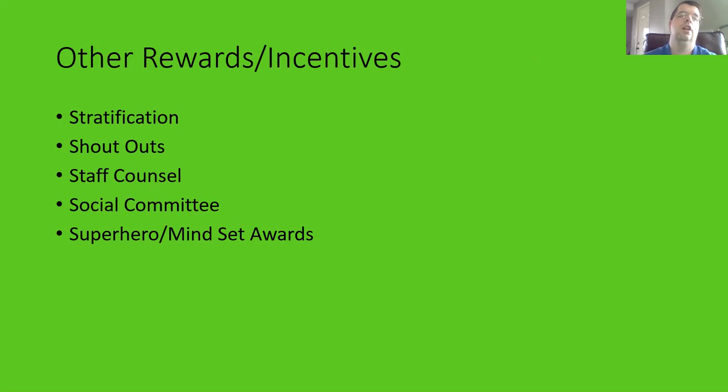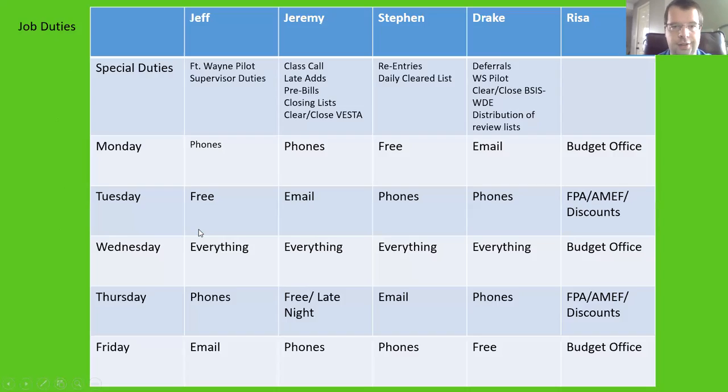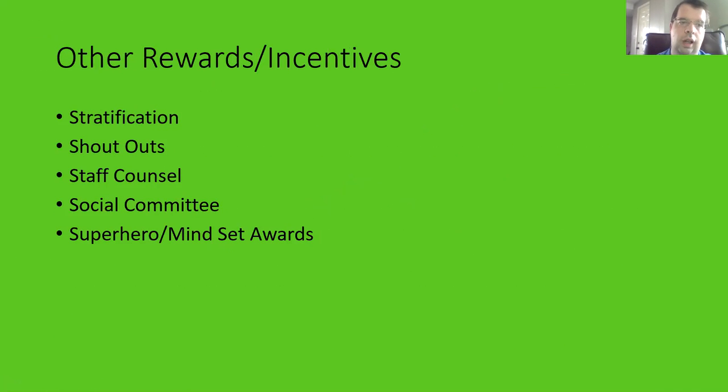Other rewards and incentives. Stratification. We touched on this briefly when we were talking about the informal expertise power setup here of the national and global team. What it is, is that there are 4 levels created: entry level, level 1, level 2, and level 3 for all positions within the Student Account Services office. And once an employee has been there for 1 year, they are automatically moved up to level 1. Then after that, once a year, there are opportunities to prove that an individual has learned enough, has increased their skill, has increased their performance to be worthy of a higher level. And if they are able to do that, they can get a raise and are rewarded for their having taken the time to learn,